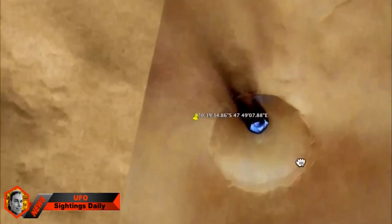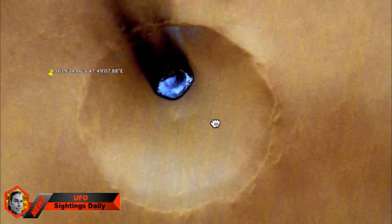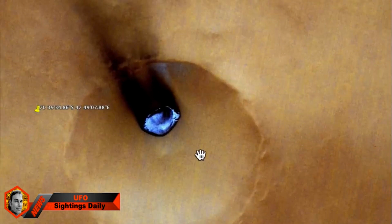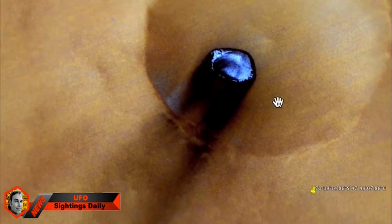We have to keep an open mind. It could be something else. So let's check this out. From this angle, it actually looks like a rock, just bluish, maybe frozen gas kind of rock. But if you do a simple thing like rotating the compass, and now the object looks a little bit different,